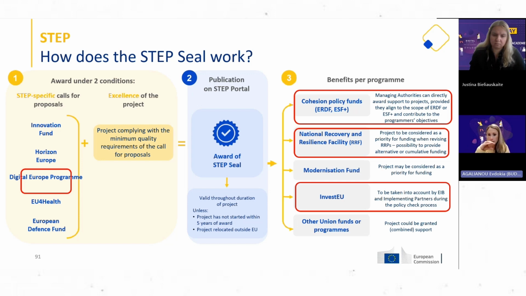But what does the STEP seal mean now for the right side of programs that we saw in the slide before? It gives some priority, some administrative benefits to some other programs. For example, on cohesion policy funds, in particular ERDF and ESF, the managing authorities can directly award support to STEP seal projects, of course, if they align with the objectives of the fund of the specific program. Under the RRF, the projects with the seal need to be considered with priority for funding when the authorities will revise the RRPs, the recovery and resilience programs,